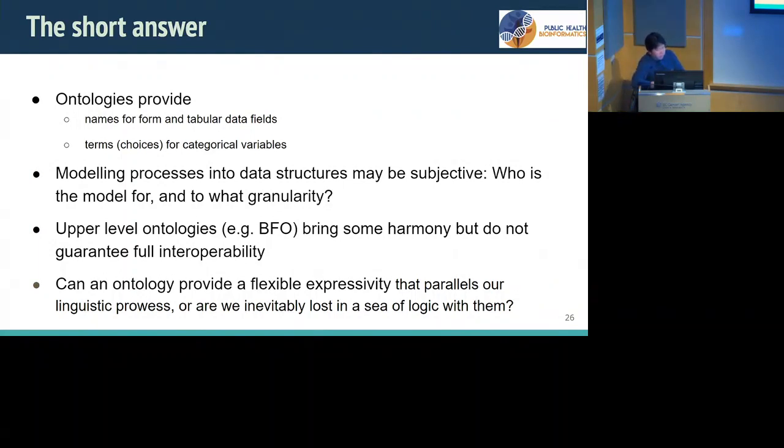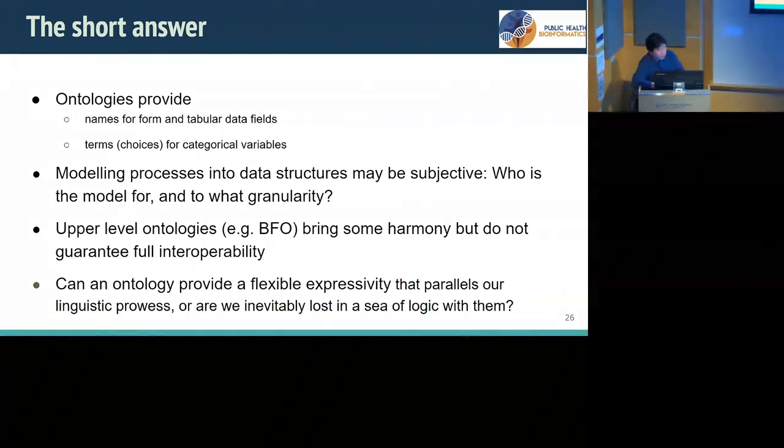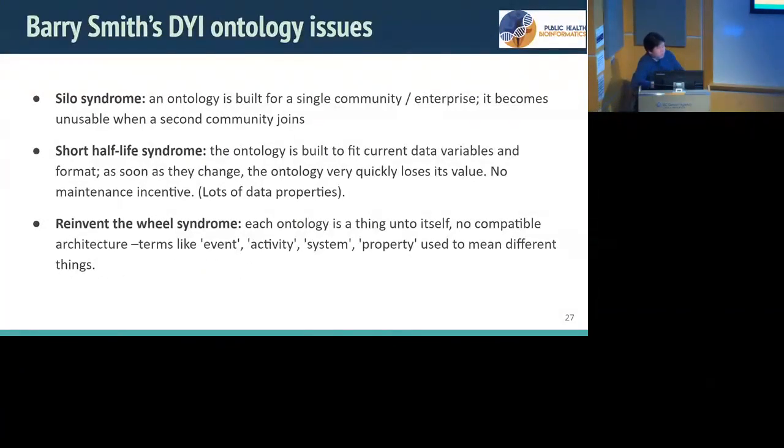So as I mentioned, upper level ontology brings some harmony, but does not always guarantee full interoperability. So in short, we are using ontology to our best ability, but it's not the silver bullet for data harmonization. Some of the approaches that can improve the situation are